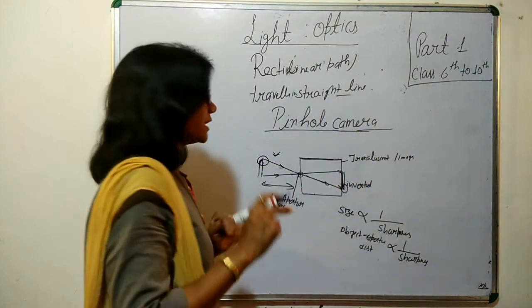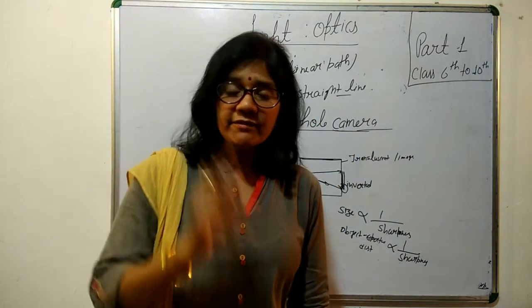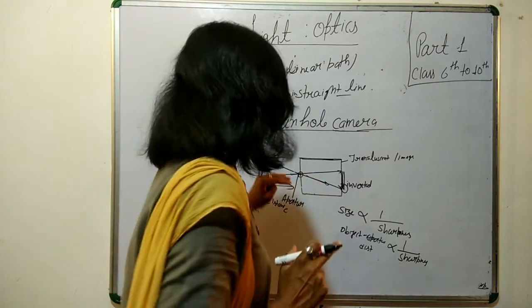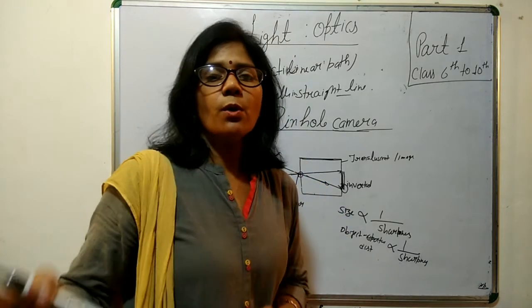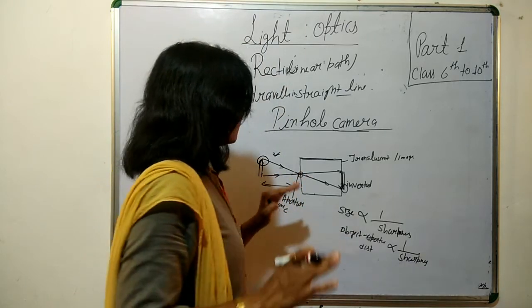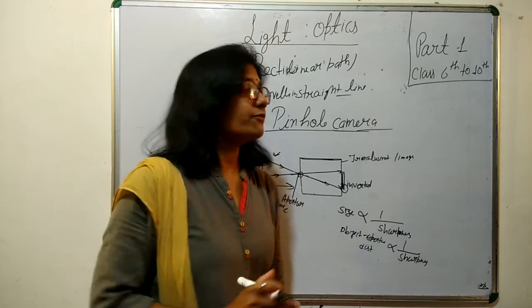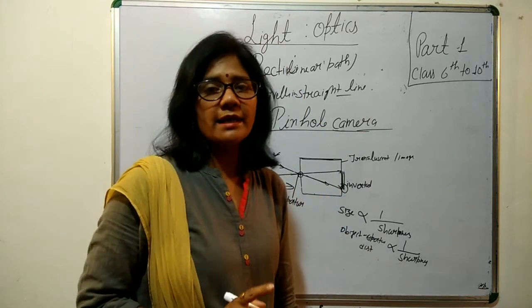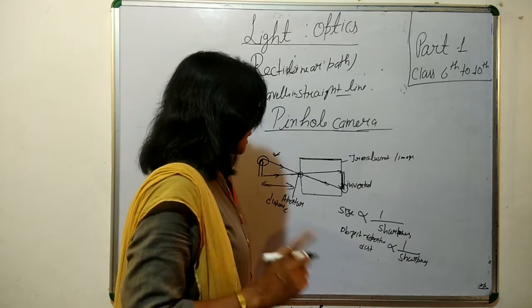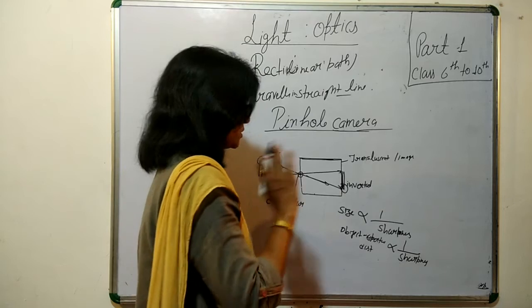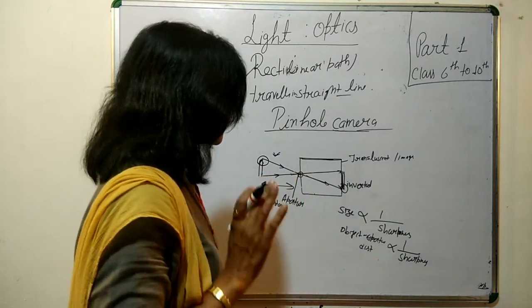One more very important thing. Never confuse this aperture with a lens, because in a lens, refraction takes place, but here no refraction is taking place, no bending of light is taking place. It follows the concept of the rectilinear path followed by light. Very important it is. Because we will see lenses in the refraction topic, so please don't confuse them.